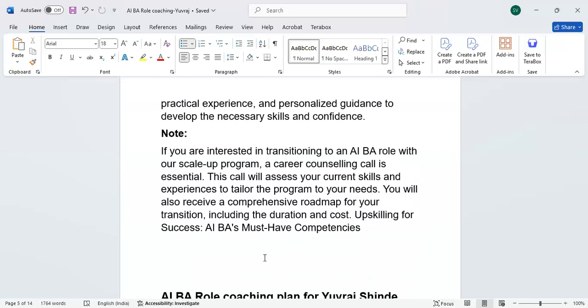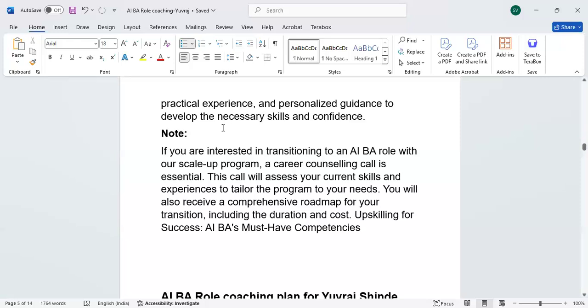Say, for example, Rahul is doing some other coaching, that is a different topic. If the three of you join for BA role coaching, what happens? I need to understand what is the background of Rahul, what is your background, what is Ravi's background. Then, according to that, what kind of tasks you will be able to perform well, and what kind of tasks you will be able to perform with a little guidance, coaching, or mentoring. I am going to assess it, and according to that only, we are going to work together.